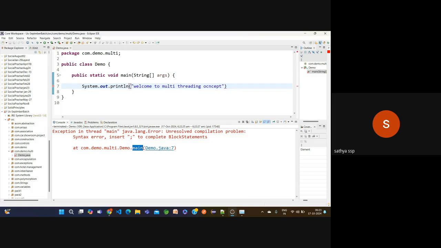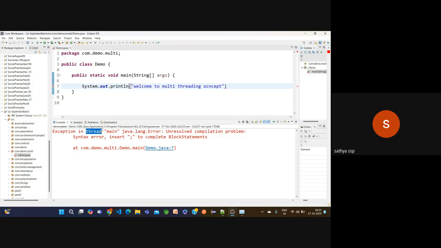Same or different? Now see here, this main is a method present in the demo class. This demo class is present in the com.demo.multi package. Now this main is a thread.